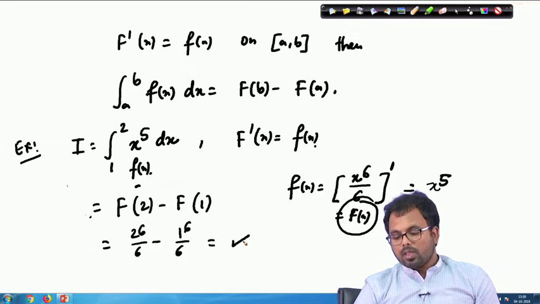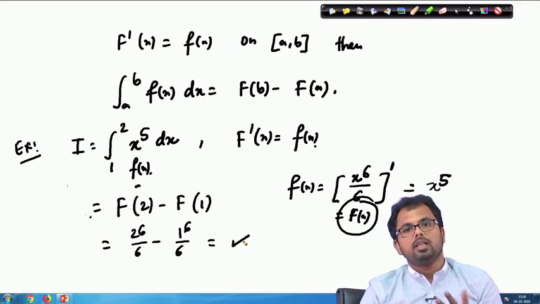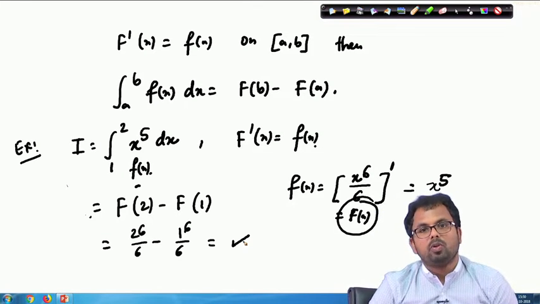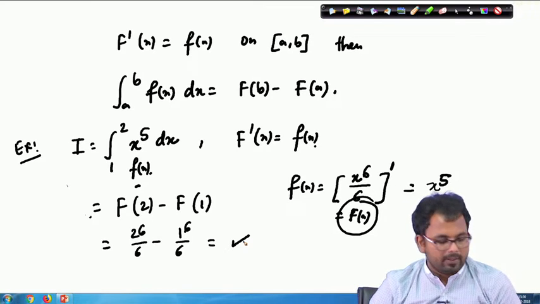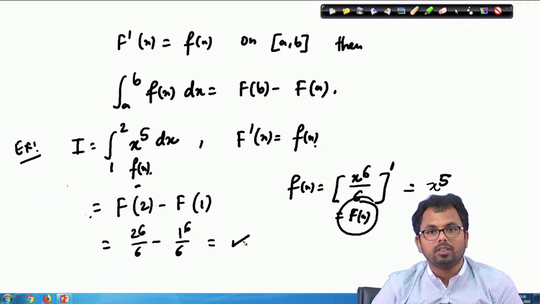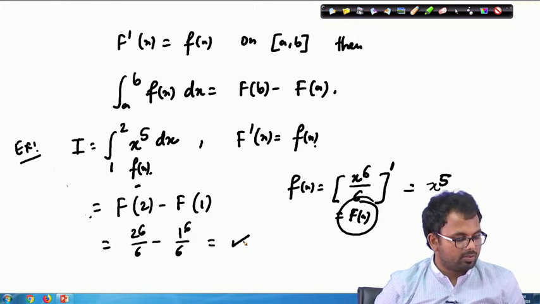So based on this fundamental theorem of integral calculus, we can see how a function and its antiderivative are connected, and it's one of the important theorems in integral calculus, and it's also very interesting, and I hope you were able to understand this. I would also try to